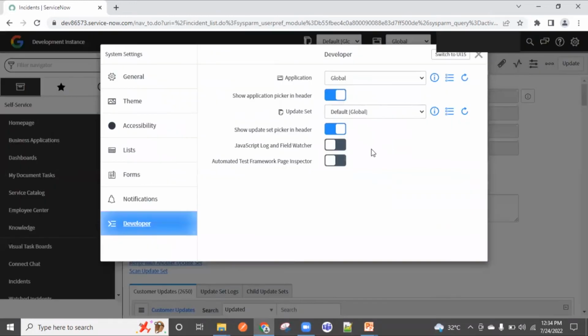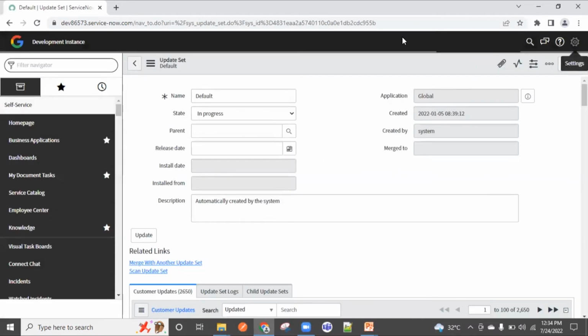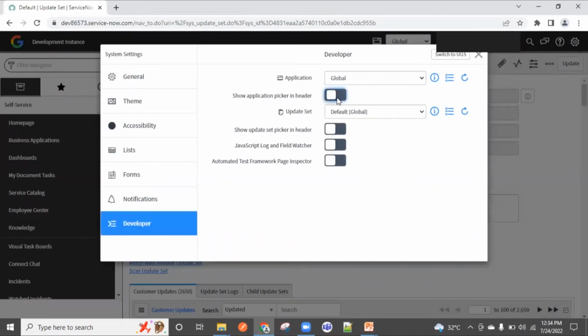Now, if I click here, if I uncheck this, see, the picker will go. So that picker is very important whenever we are doing any kind of development. This picker is called application picker, and this picker is called update set picker. Update set will capture all your changes, whatever you will be doing. It's like a camera. If you went to some places, if you want to capture some place pictures, you are